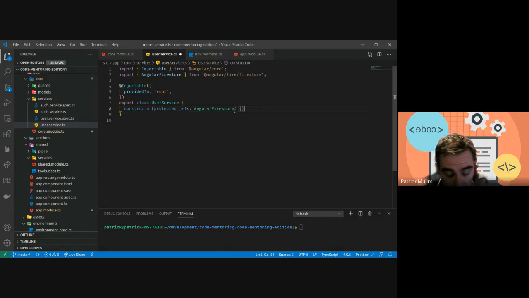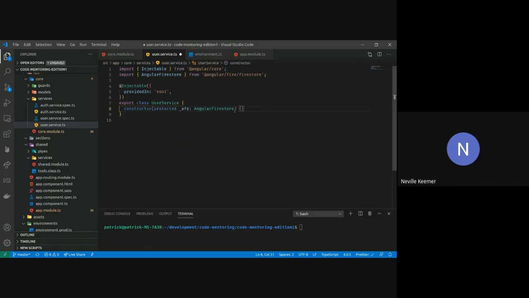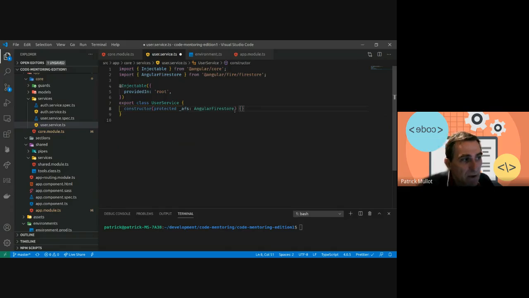Well, it's a coding practice that is very common to many languages, and Angular also has it. So dependency injection means that you have some piece of code that needs initialization, needs to do some stuff before being ready to be used. And what is cool with dependency injection is that you don't have to worry about that. You just